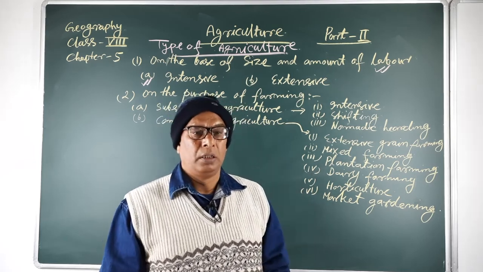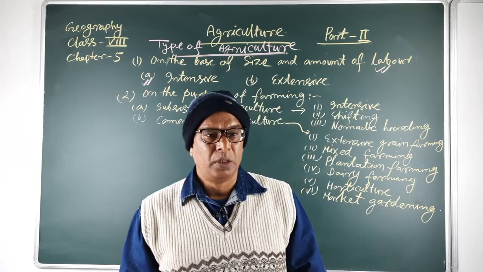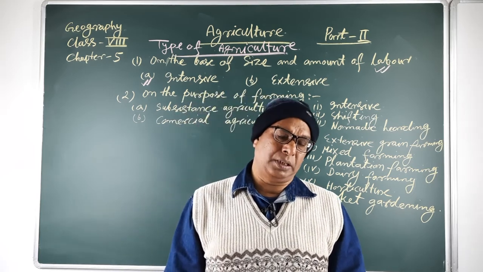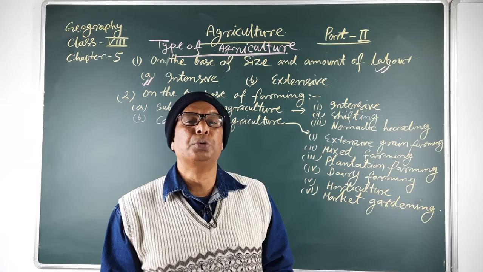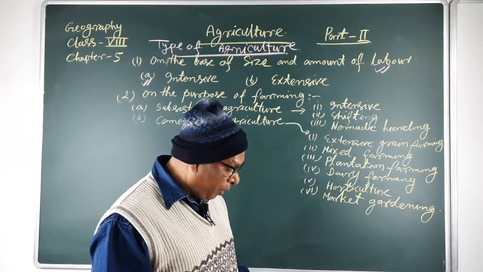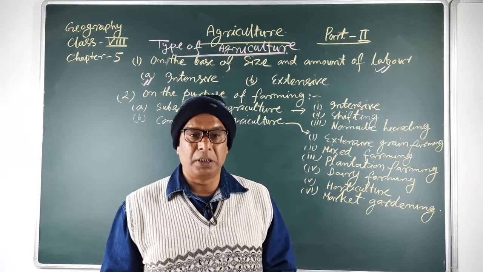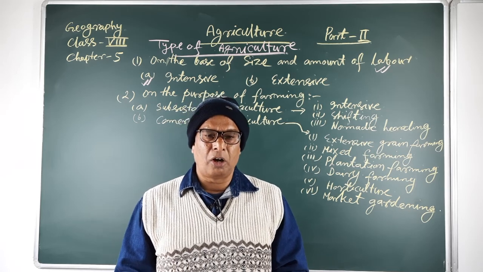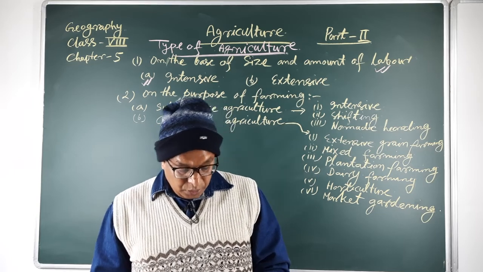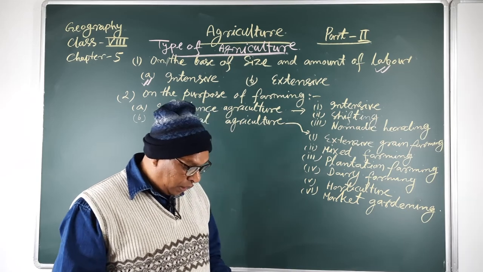In the world, these types of farming are given different names: slash and burn agricultural farming. In our country, it is also known as jhuming agricultural farming. But in Japan, it is also known as zoom agriculture. In Northeast Asia, it is also called jhuming agricultural farming. In Africa, it is also known as Sweden and